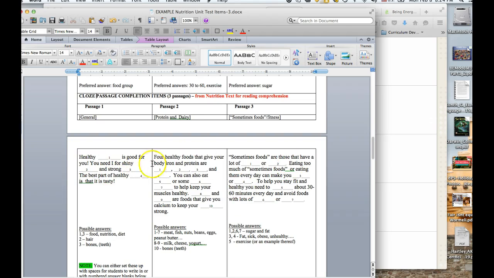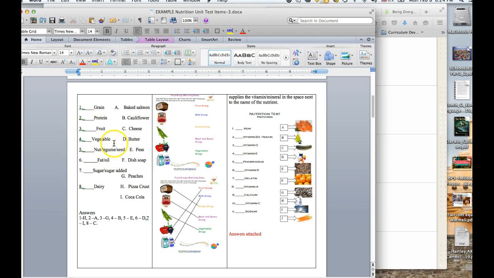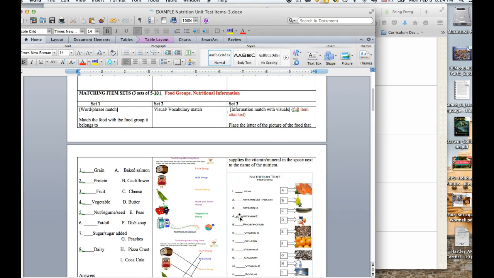So, and I went from simple to complex. If you notice on the matching, I went simple. Well, this would be for little guys. This would be older students. Pictures are always good. The thing you want to remember about these, and I'll just tell you again, is that